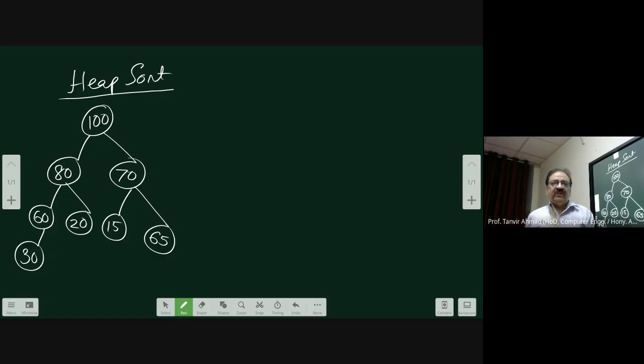Okay. Now this is a heap tree. It's very clear because the root is the maximum, then all its children, and therefore this definition holds at all